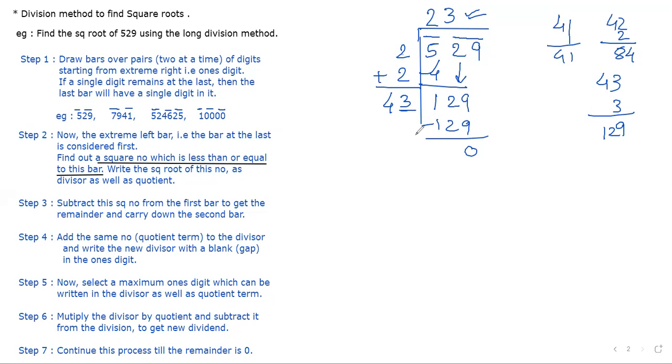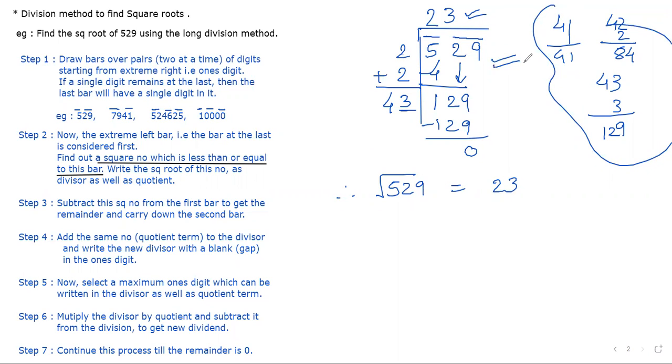Now one more thing, children. Therefore, the square root of 529 is equal to 23. All this is going to be rough work. Only this is going to be your fair work. But do that rough work also. Children, are you understanding what I'm trying to say? Yes, sir. Have you finished for 23, all of you? Yes, sir.